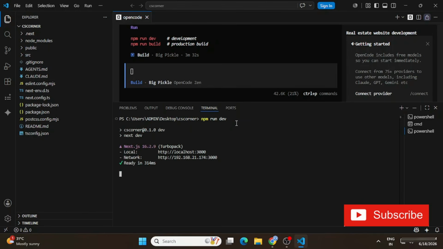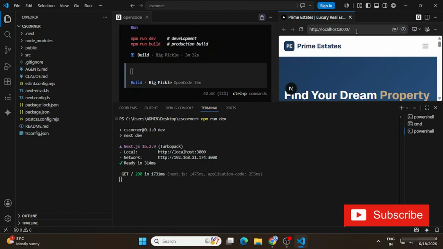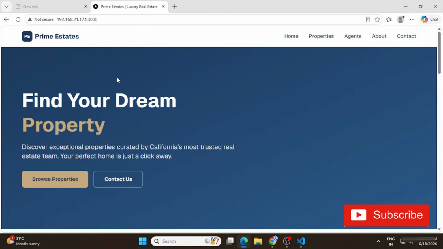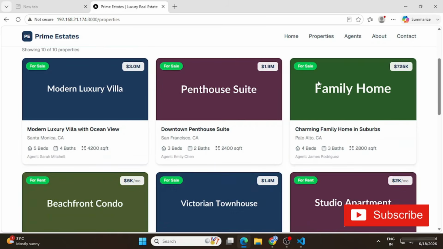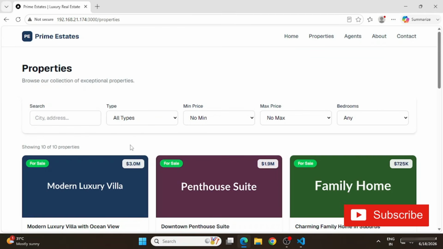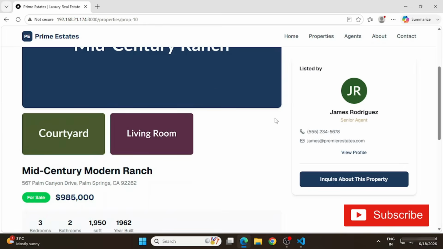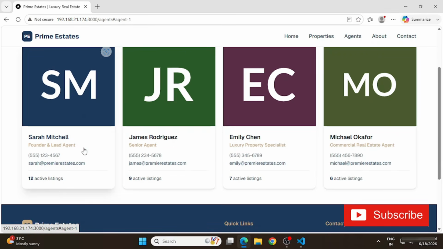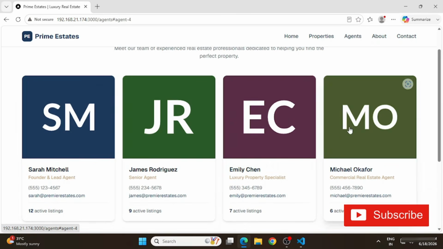And guys, here you can see my website is built by AI and for free. The design looks so clean, I can do everything over here, and it is working. To run it, it has shown me the option. I have just typed that in the terminal, and it is running. You can see, guys, it's the website which it has created for real estate. It is showing me location and everything, and if I click on that, it will show me further details, agent details, a contact us form, and so many things, right?